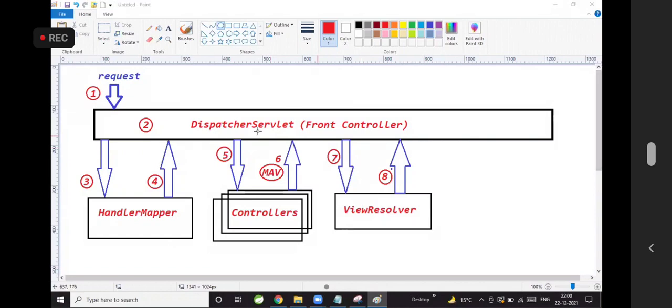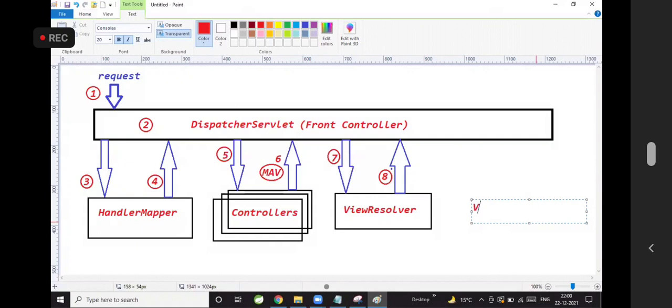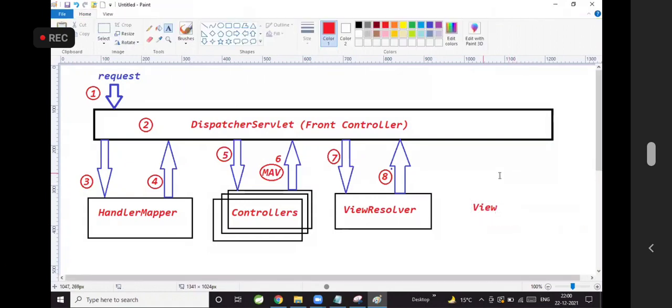Once it is done, dispatcher servlet will talk to one more component, which is called the view component.